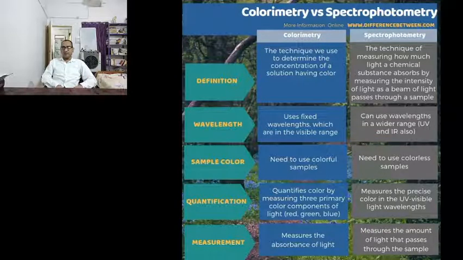So from the exam point of view, you can answer these questions. If you are asked to explain colorimetry, you can simply go through that and define Lambert-Beer's law, this and that I have already told you in the class. You can mention the Lambert-Beer's law here also, and in spectrophotometry also, and you can list the differences between these two things, and accordingly you can answer it.